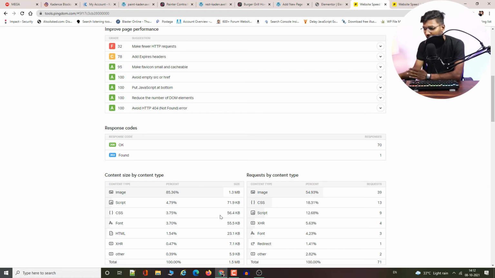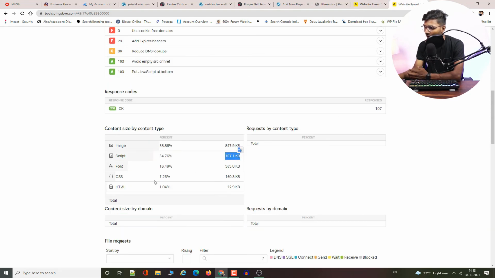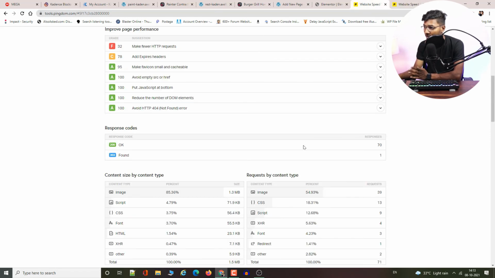For example, let's have a look at CSS. We have 56 KB of CSS on Cadence blocks, and from here you can see we have 160 KB of CSS. Here we only have 56 KB, so it's almost 2x more than Cadence blocks. Other things are like fonts. We have 55 KB of fonts.